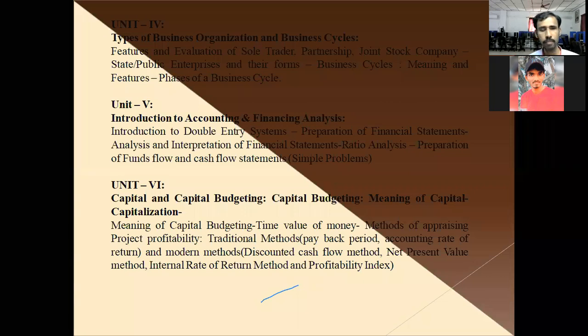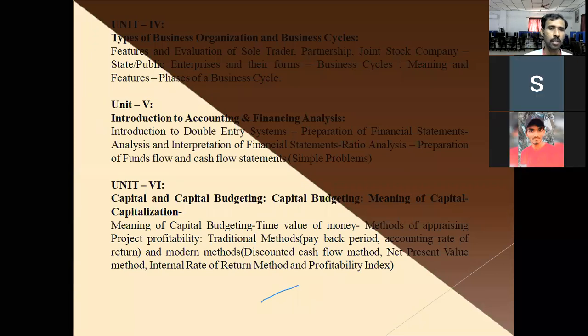And these 3 statements will be explained by adding some adjustments for a particular situation. So this is a problematic unit. You have to get an idea about various types of accounts, and you should get an idea about how to prepare these financial statements. Again, in this accounting, I will teach you about various types of ratios that are required to analyze the position of a business.